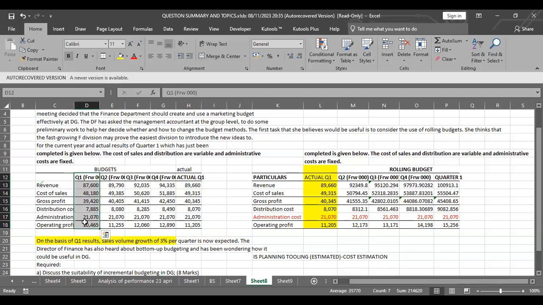So the word continuous means they will have to update. And update means you use the latest information, and maybe some A, B, C, D projections, and then you get the one you want to use tomorrow. They take the latest update and factor in some ABCD projection that they feel could happen, and then they get the next cycle of budget. So they use the latest, and the latest here is the latest actual, the quarter one.